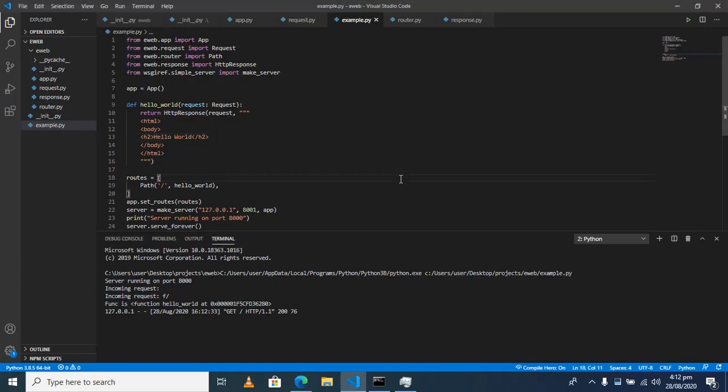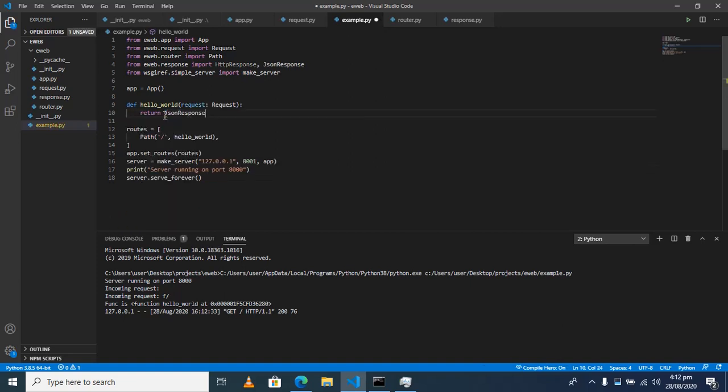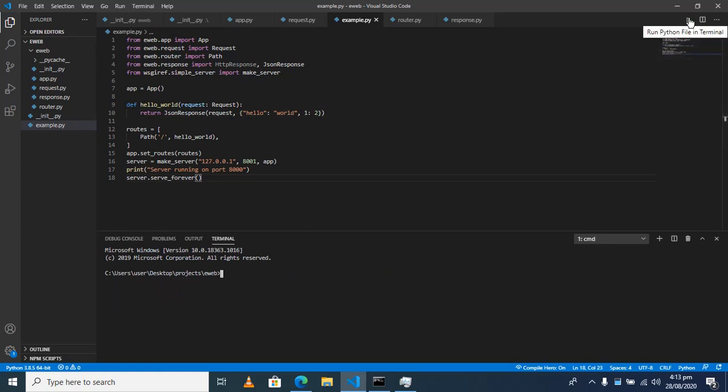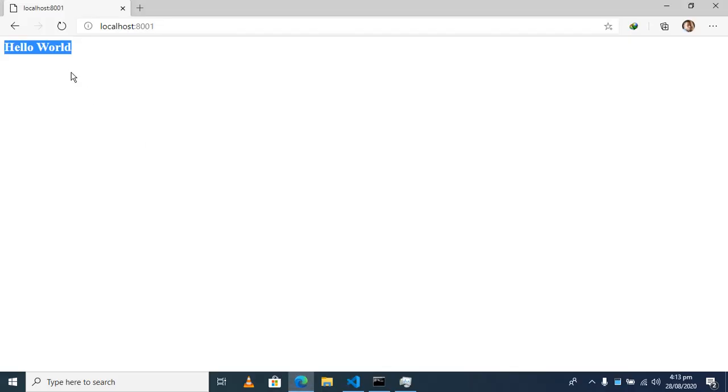So as a project, you could try to add different kinds of responses. Like I could send in a JSON response over here, and for a JSON response, I'll pass in the request and I'll send some data, which we denoted as string, but it can be almost any object. Where I'll say hello world 1, 2 and the rest, and then I can just close this server, rerun it, and on the same route,